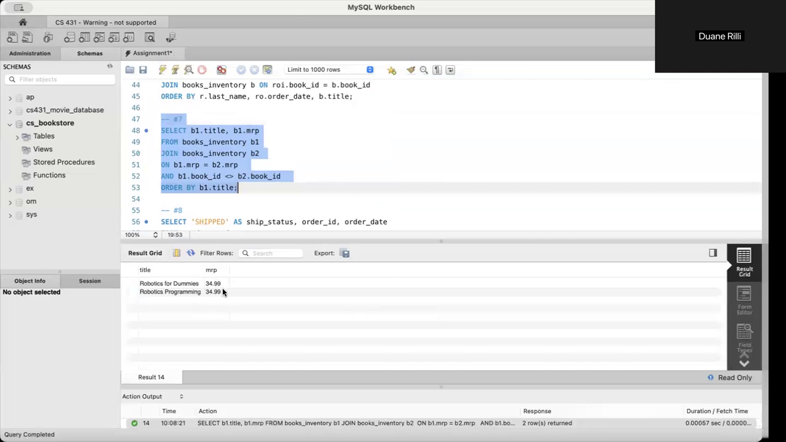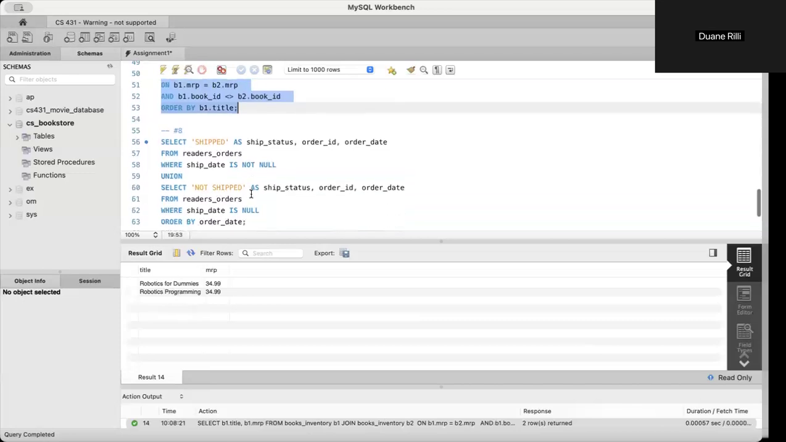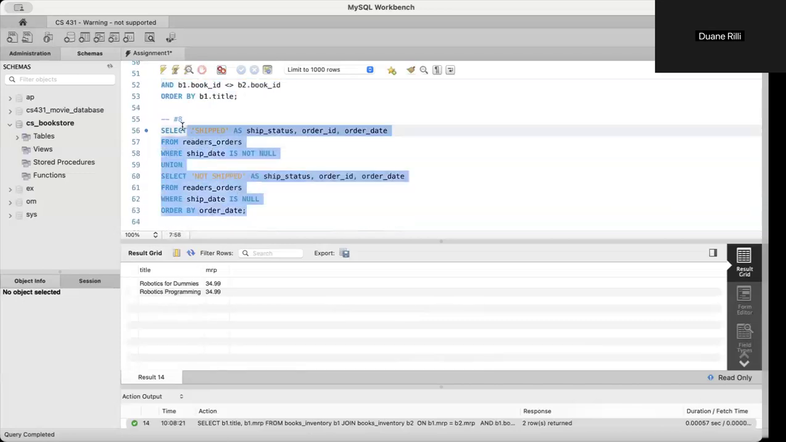So these 2 books have the same price. The titles are different though. Robotics for Dummies and Robotics for Programming. And they're ordered alphabetically. All right, so for the last one, number 8, what this does is it will determine